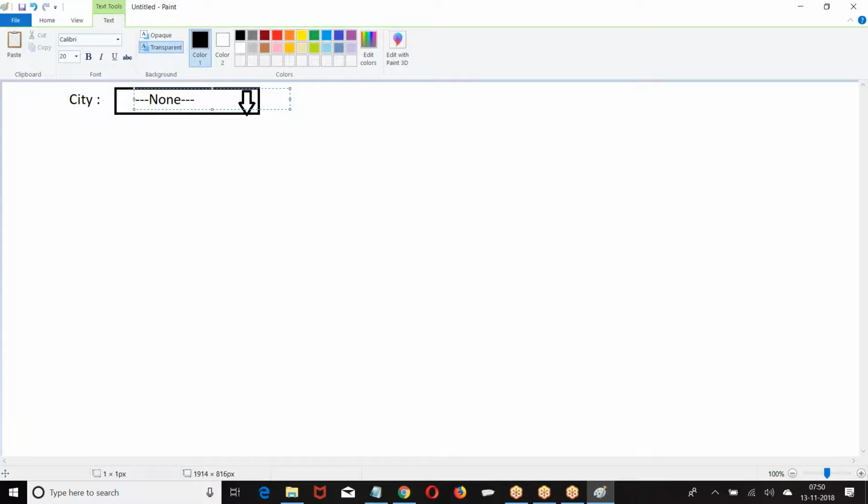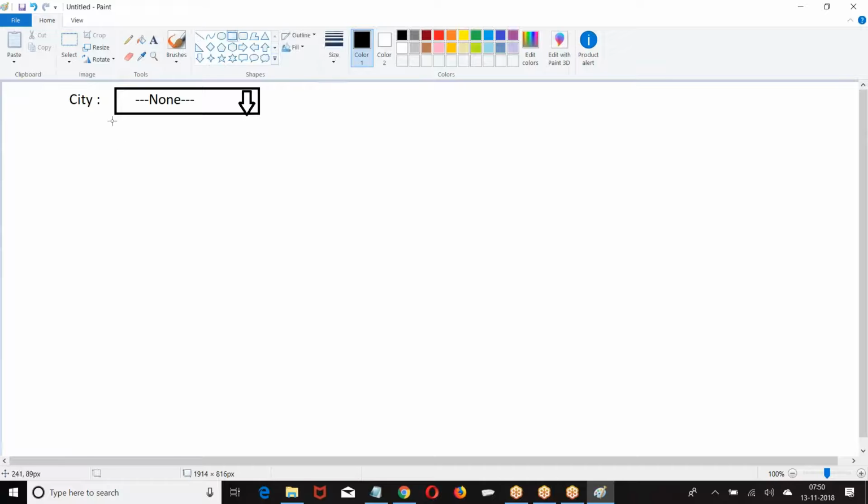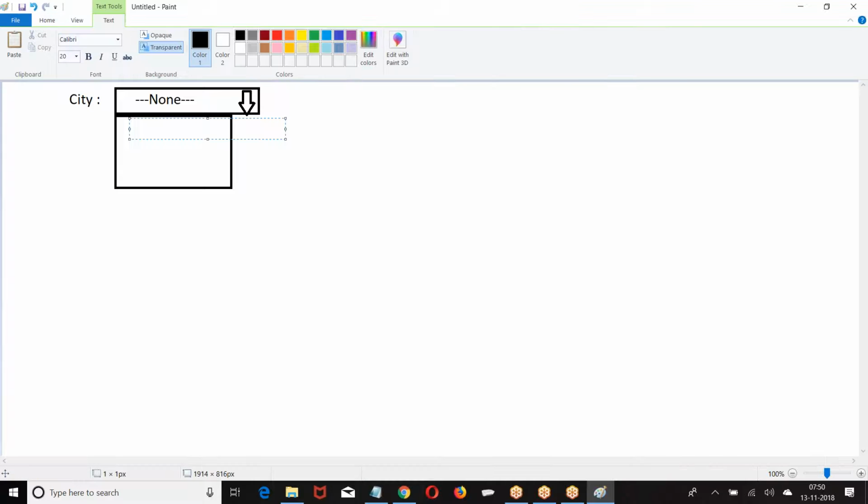If I want to create a drop down list, the data type I have to choose is pick list.